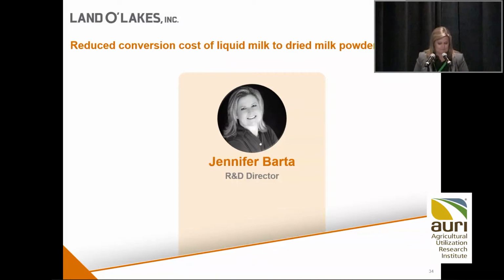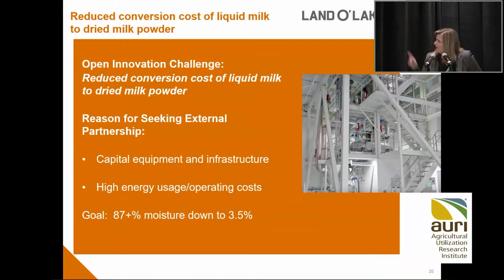So that often involves a lot of unit operations. Typically, we start with a separator, go to an evaporator, and then go to a very, very large piece of equipment called a spray dryer. And I've got a picture of one here. Oop, I gotta advance it. Picture of one here, but you can barely see it. It's the silver part, and it's just the very bottom of it because it extends several stories up beyond this